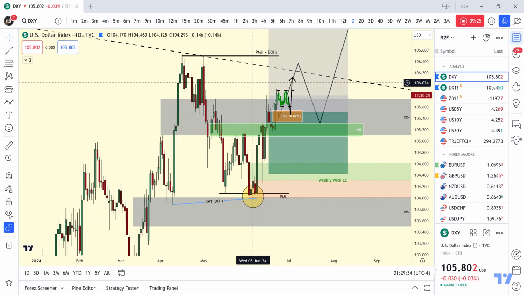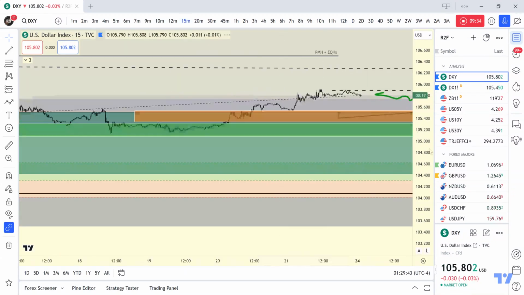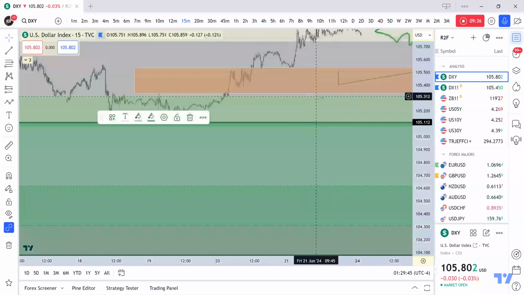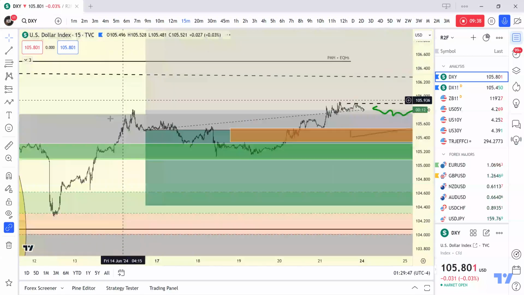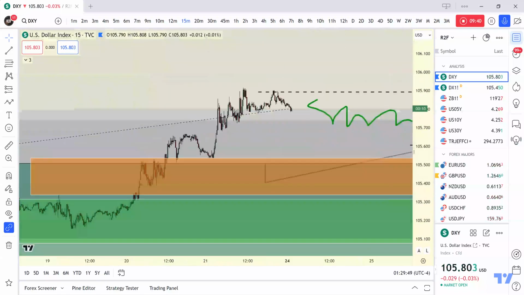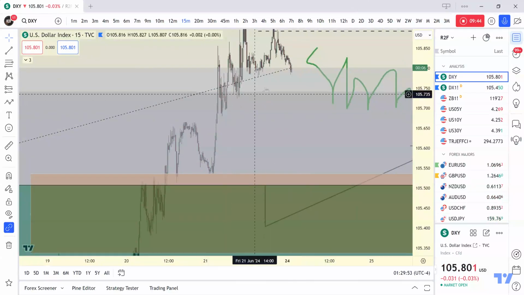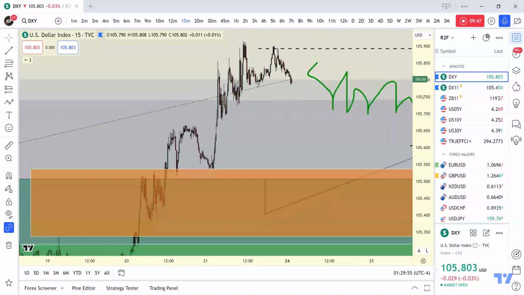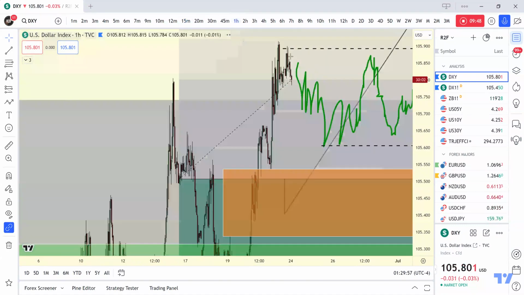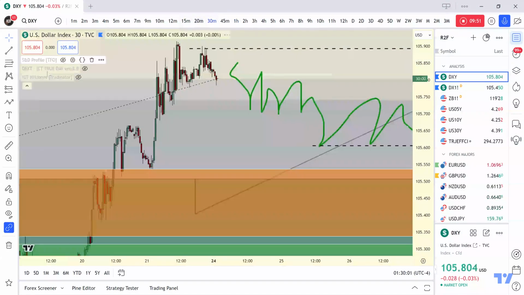You do not have to have a bias in every situation. That's not how it works. It's not about looking at a chart in the 15-minute and being like, okay, where's price going to go? I see a fair value gap, okay, or equal lows. I think it's coming down here at any random time of the day. Okay, and that's where time of the day comes into effect as well. Kill zones